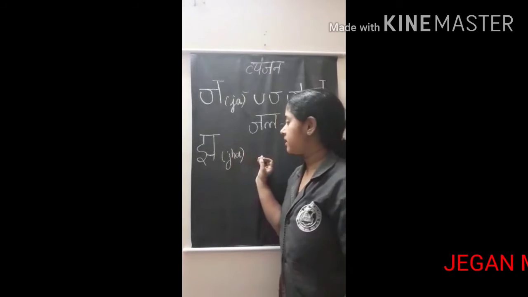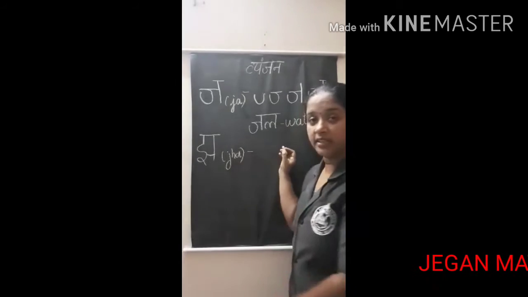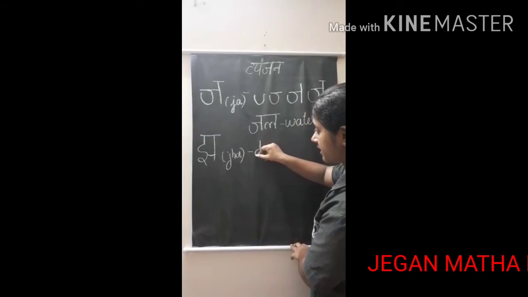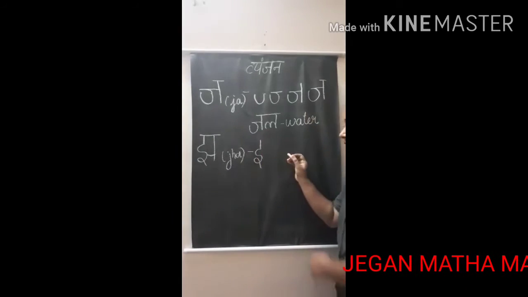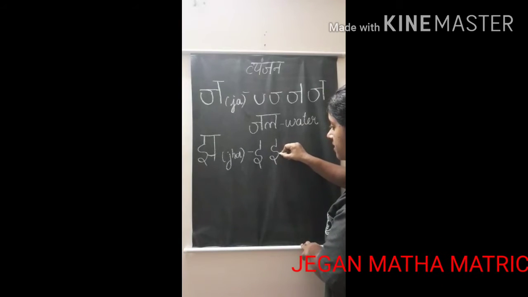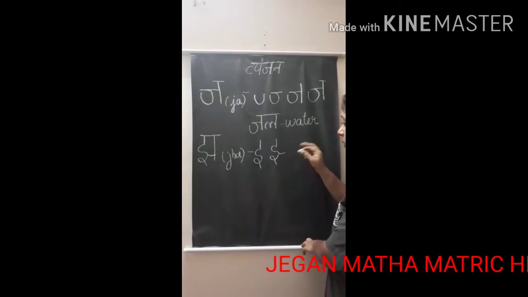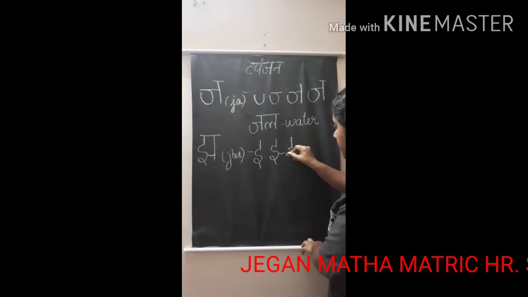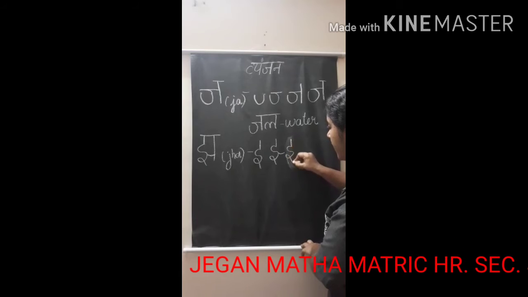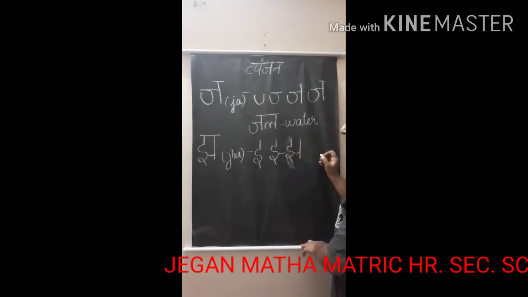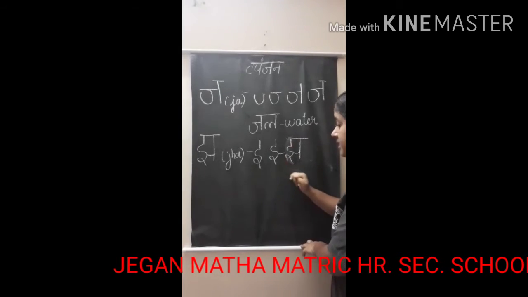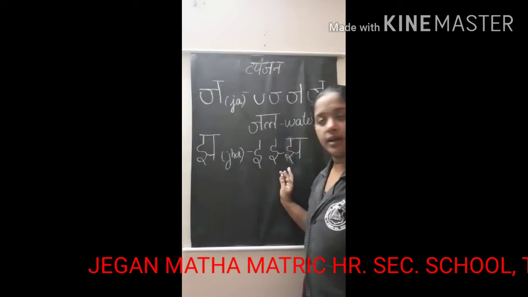Now let's see step by step how to write the vyanjan jha. First, a straight line. Then we draw E. At the middle of E, one small curve-like line will be going towards the left, which will be joining a straight line, finally the sleeping line. This is the way you have to write the vyanjan jha.